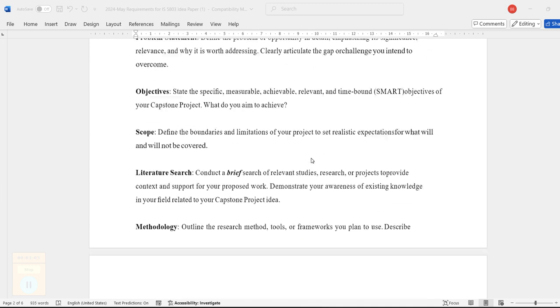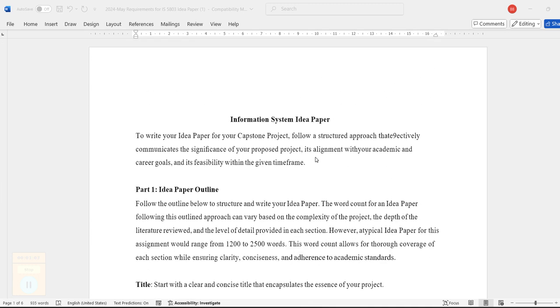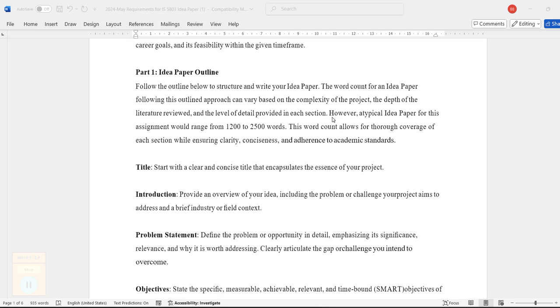Now, what I will do is take an example of an information system idea and explain how to create the paper. Usually information systems are created to solve certain problems of organizations. It can be a small organization or a big organization. My suggestion is to consider a small organization. Anyhow, the title will be given to you. Please follow the title. Try to understand what problem the organization is experiencing and based on that, start writing your paper. The paper mostly focuses on the problem the organization is experiencing and how the information system created will solve that problem for the organization. These two elements create the idea of an information system.